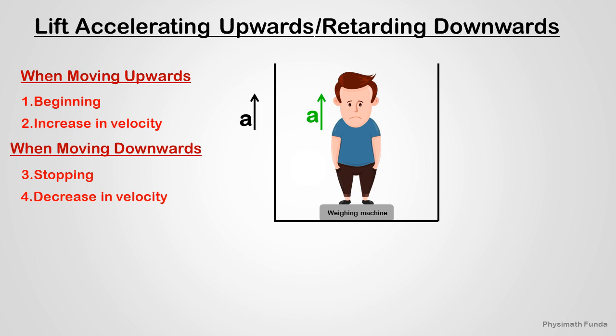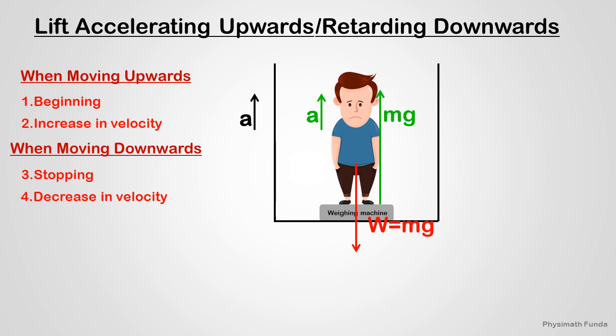So in all these four cases, your acceleration is directed in the upward direction. Now again, your weight is acting downwards, but you're not moving downwards because of the reaction the weighing machine exerts on you, which is equal to mg. So if these two forces are acting on you, the net force on you is zero,